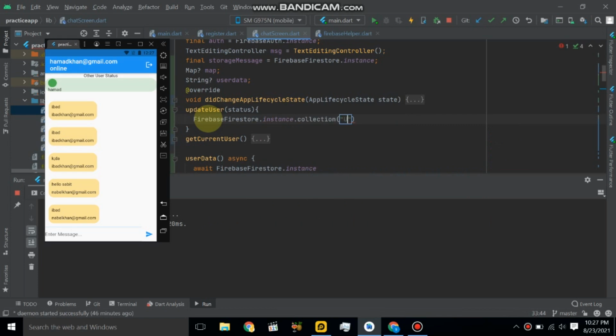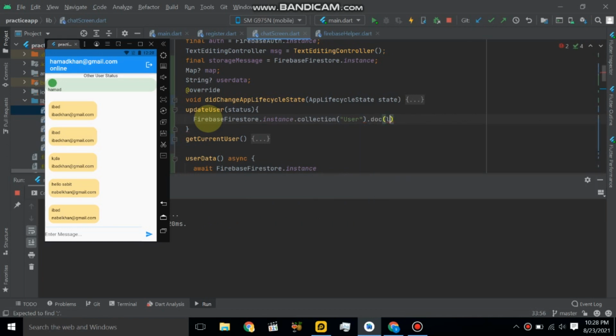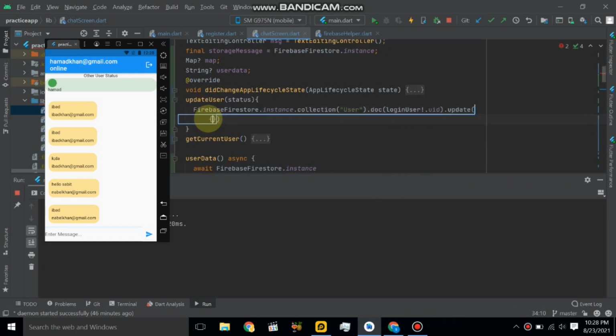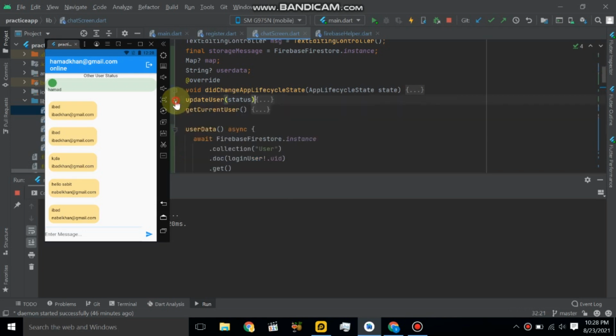So we will update the status in user collection. So here use document, so login user dot uid dot update function, and here we will update status of user. So here